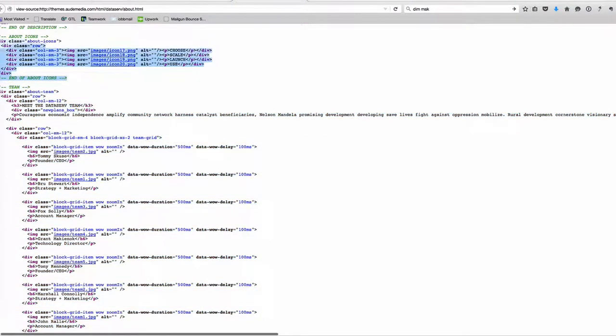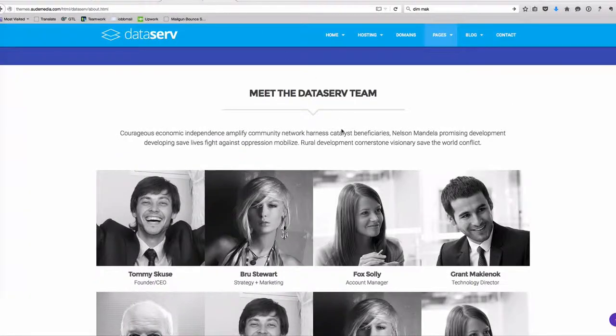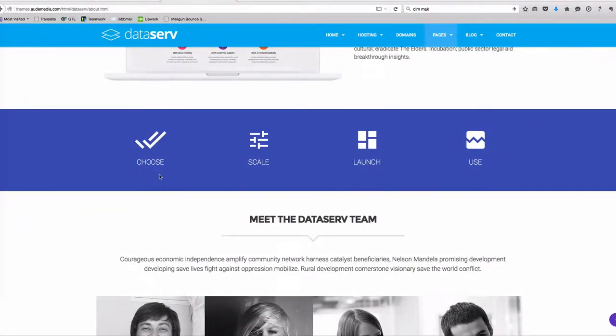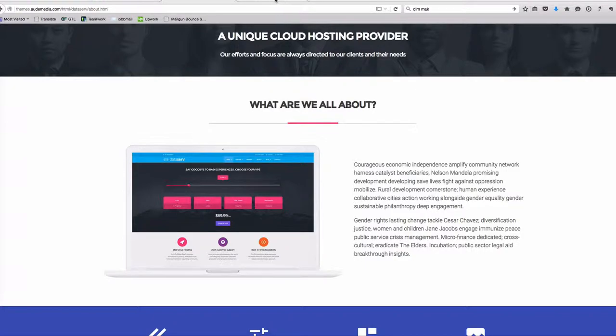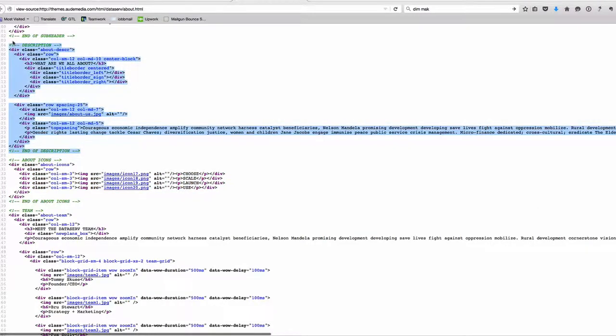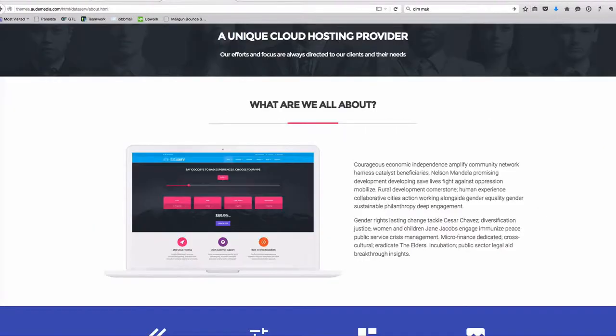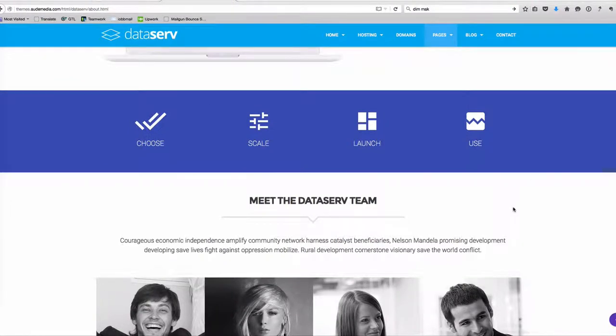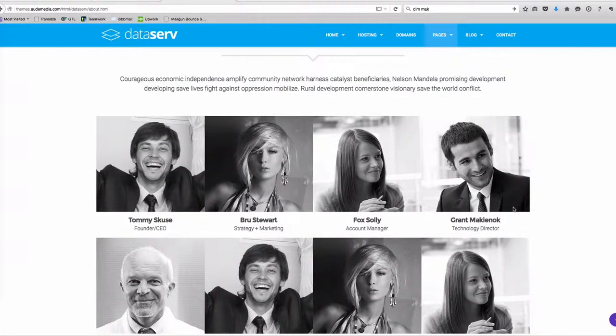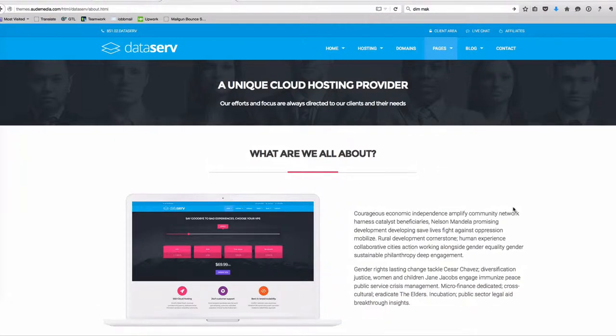So the icons is a section. If we look at the original, here are the icons. Here's about who we are. Right here, description. So what I want you to do is name these pieces. And then it'd be kind of cool if we had like a running page. Actually, I got a better idea, I just thought about it. Stick all these sections on the same page. And then the only difference is that